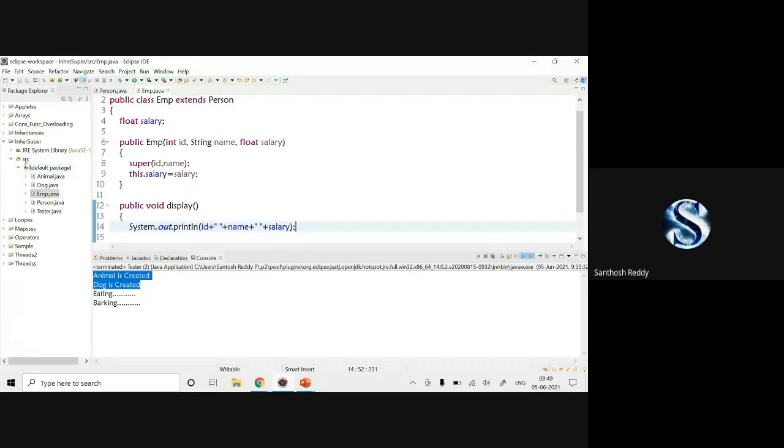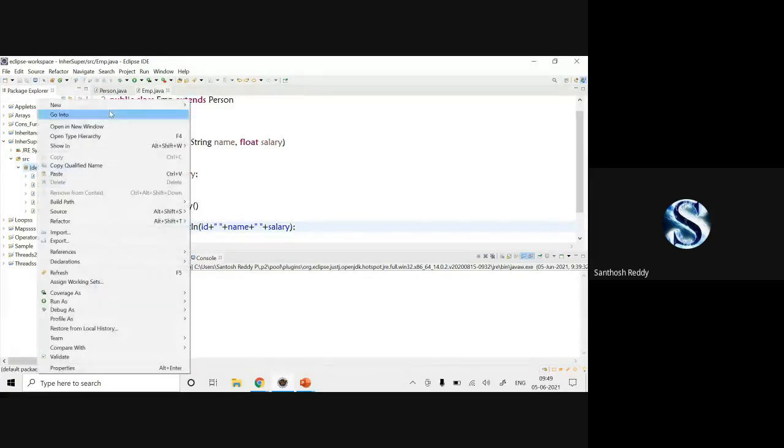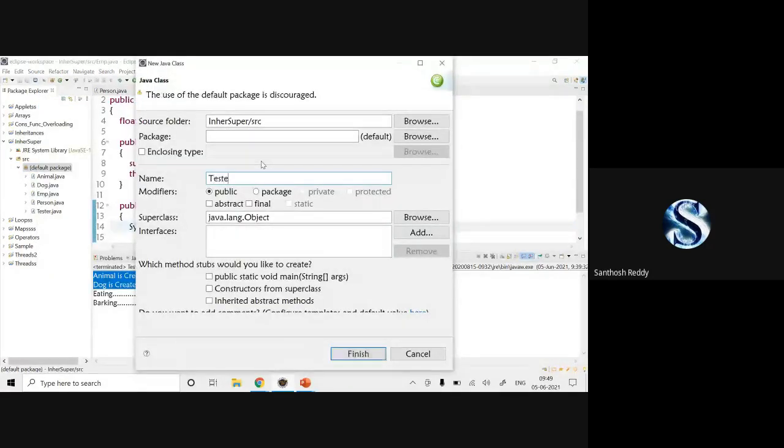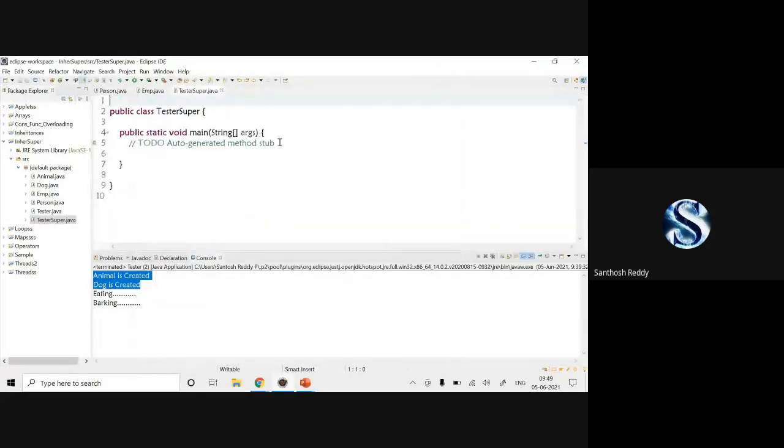Now I'll create another class, called tester super. Now I'll include the main method. I'm going to create an object, employee e is equal to new EMP. How many parameters do I have to pass for the employee class?